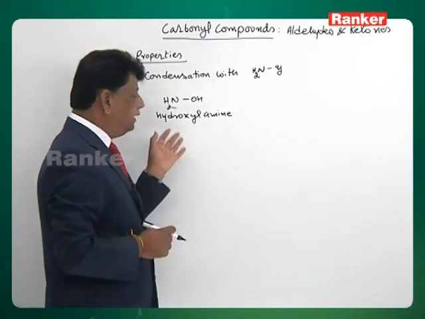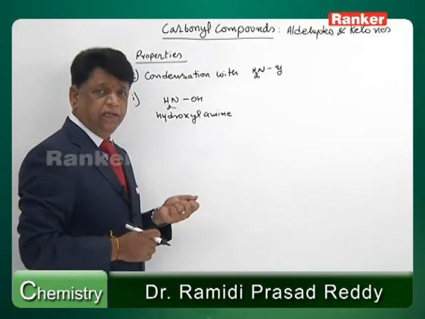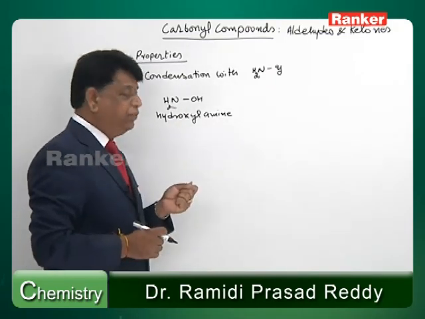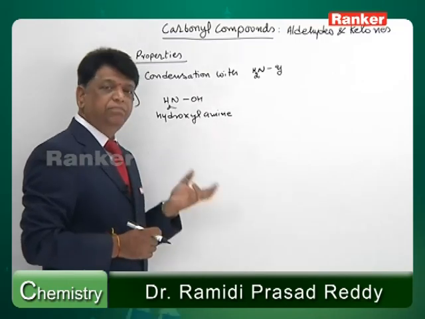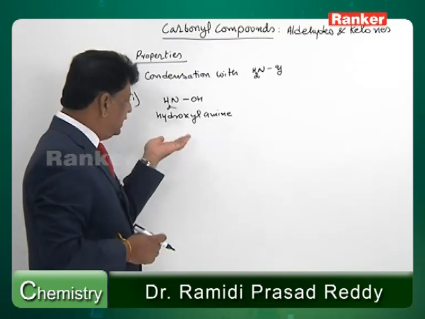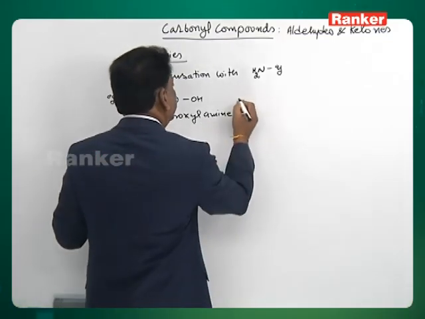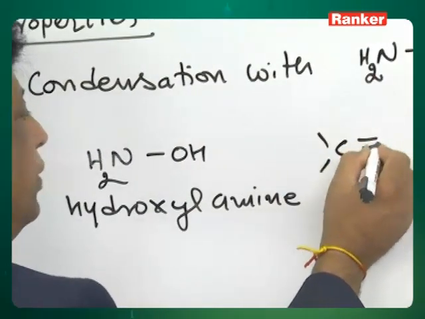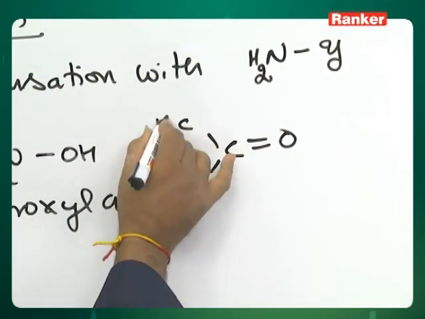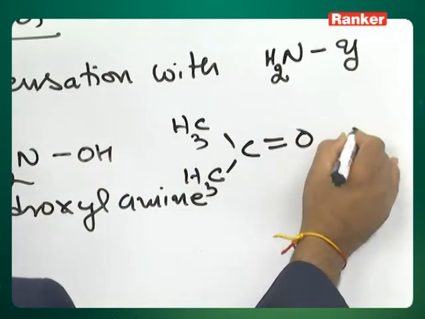So, when you add that reagent, the HCl is extra, the compound is in the form of a salt, so the reactivity will be less. In such a case, we add some base like sodium acetate to take away that HCl. You get this compound. So, when this compound is treated with a carbonyl compound, for example, acetone, let us take acetone, CH3 CO CH3, and this reagent I will add and show the